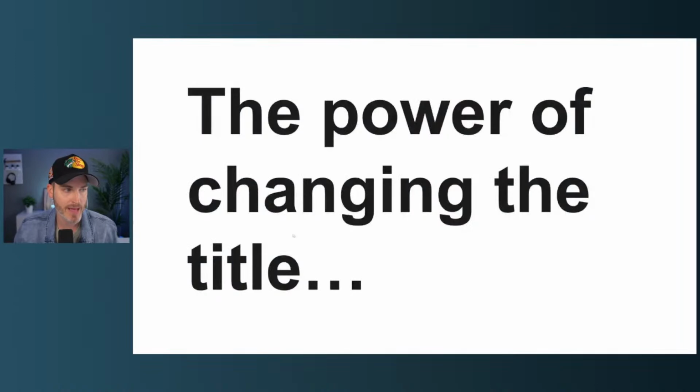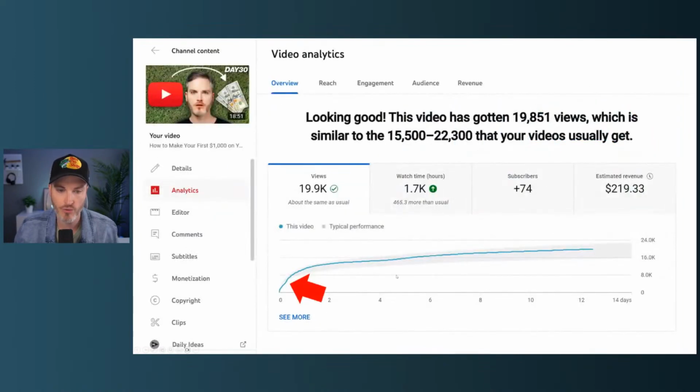But let's keep it moving here as we are unpacking the power of changing the title and improving your click-through rate. And so back to now, let's fast forward to the future. This screenshot was taken yesterday. You can see the video, it's a little tough to see, but there is an arc up when I changed the title. Now the video went from medium performance to a little bit above average performance, which is cool. Not only that, it continues to get views for weeks now, and I think months and potentially years to come. 74 new subscribers, $219, all from changing the title, right?